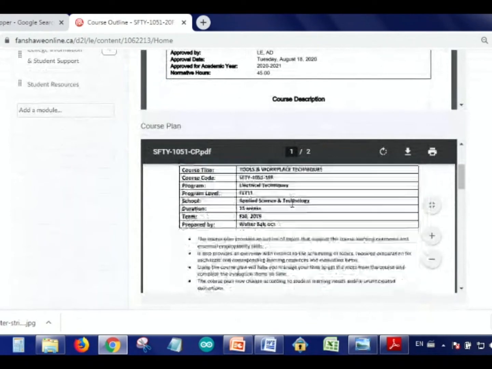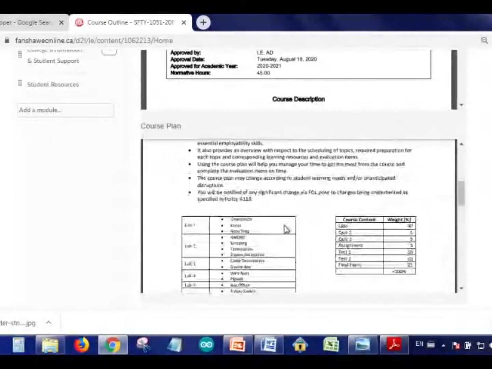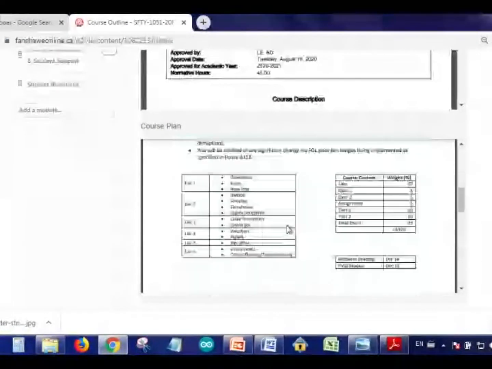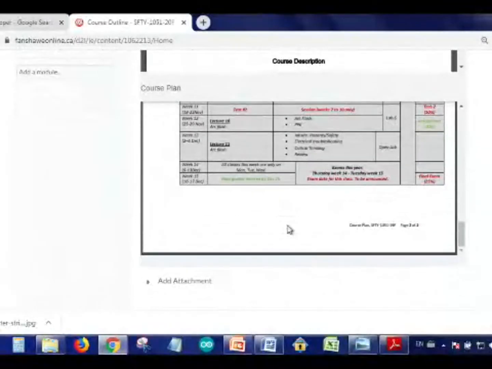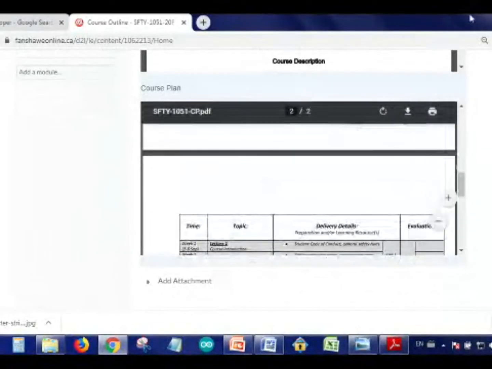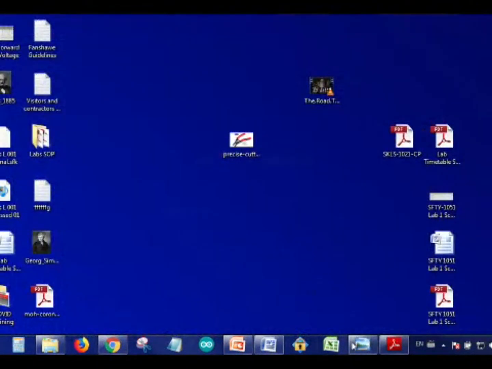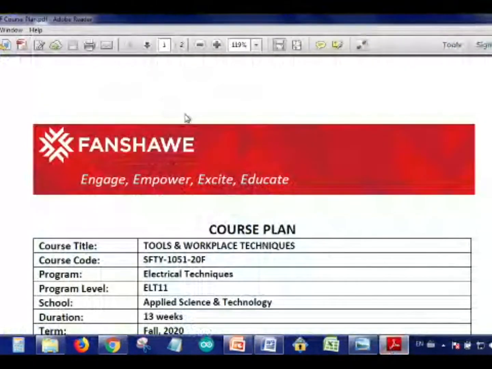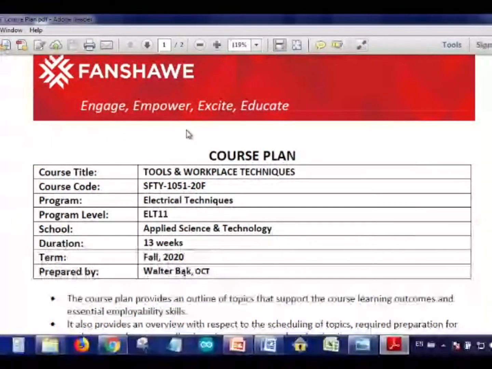If you notice, this course plan is posted from last year, so this is not the proper course plan. Dates are out of order, everything is out of order here. The content is more or less the same, but it's just going to be organized a little bit differently, and I just happen to have the proper schedule that we have here. So that's our course plan, and that is going to be inserted where the old one was.